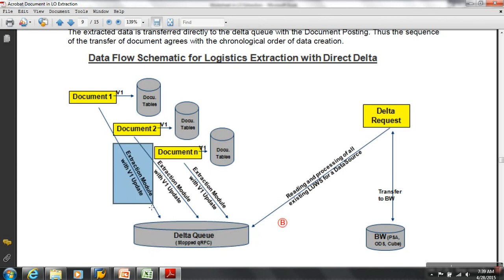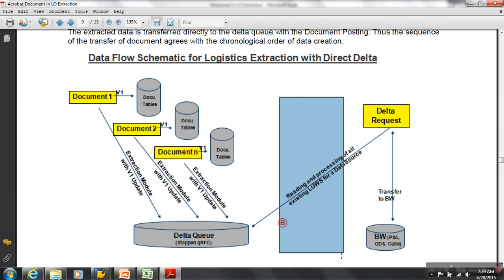So this is fine when the posting is really less. When you use direct delta, the time taken to post a transaction is a bit more. So we will prefer it only when the transaction posting is really less. But we are able to eliminate the process of complete what? V3 jobs.